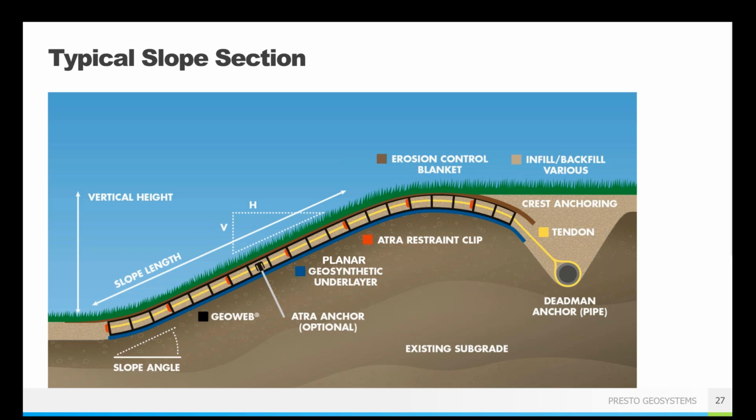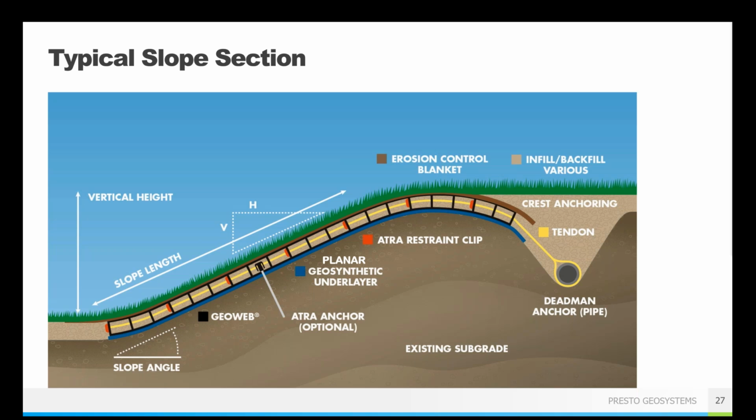You could also sometimes have geotextiles, either a woven or a non-woven. Again, this depends on your site-specific conditions. They are not requirements. They are an optional thing based on your specific project needs. And so if it is necessary, we can work with that. It is very easy. It's something that we do every day. If it's not necessary, then you just lay the GeoWeb panel directly on the slope face and good to go.